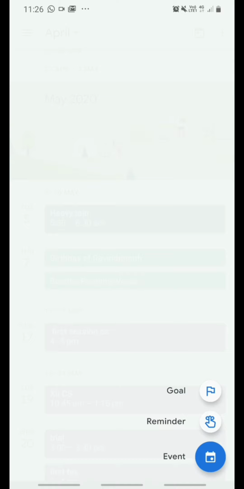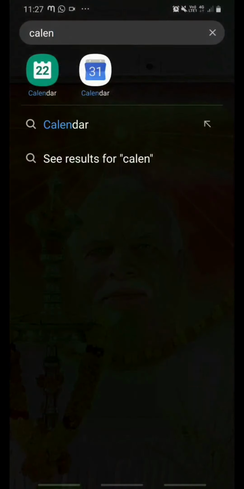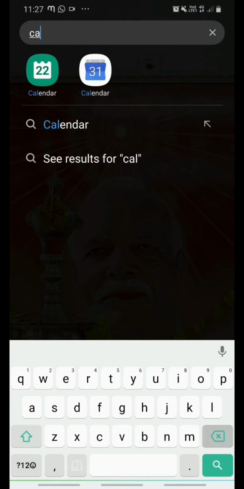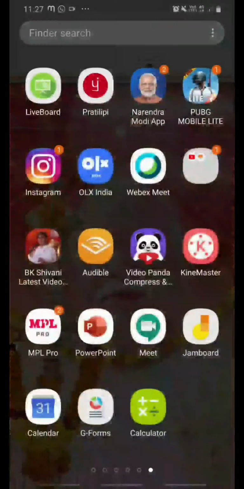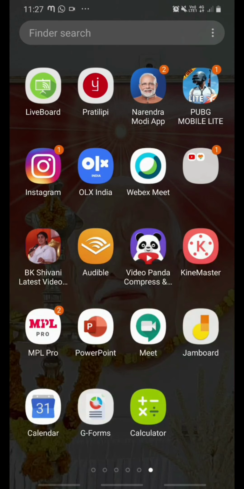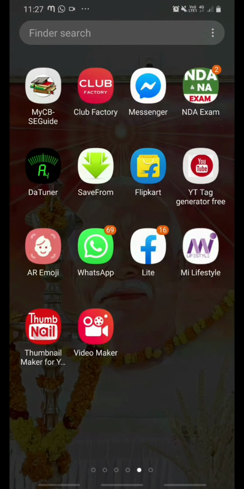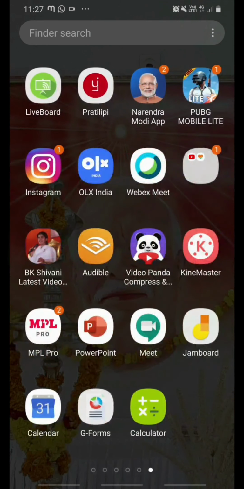And in addition to that, there are so many Google tools to make live interactive sessions for online teaching, and I'll include that in the next session. And on the PC also there is a little bit of difference for doing the same process. That also I will be including in the next coming sessions. Okay, so many tools are there. So for conducting at least a Google meeting or online session, we must make sure that the Google Meet app is there on our mobile phone, and in addition to that, Google Calendar is there.